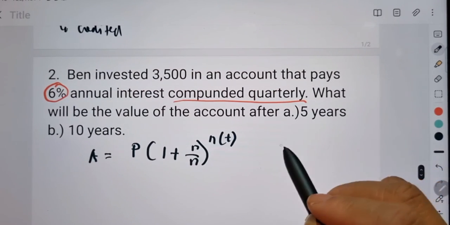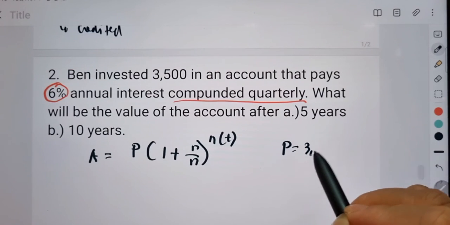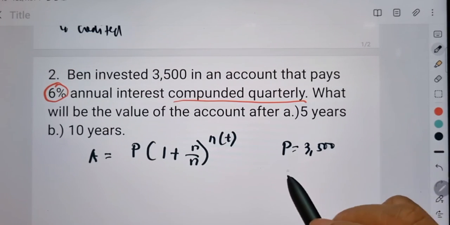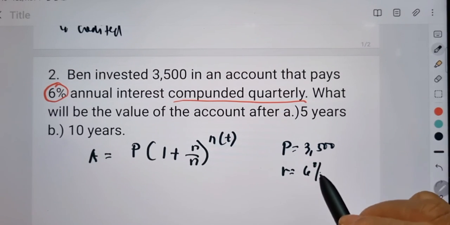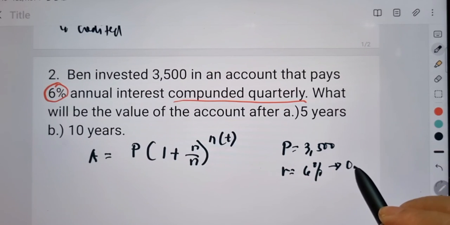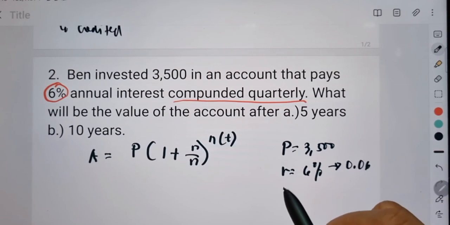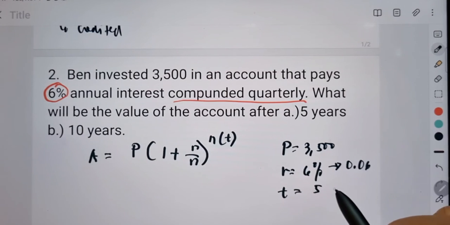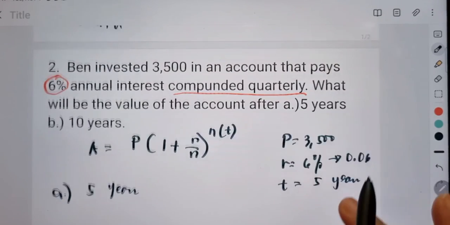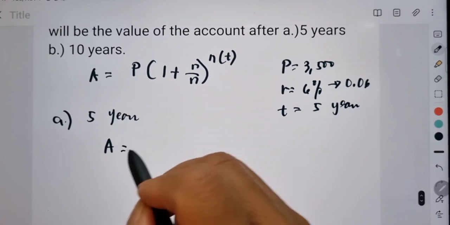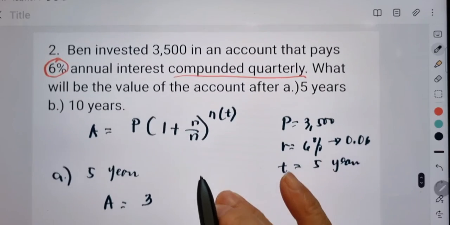So, ano mga given natin? Ang P natin is 3,500. A is the final amount not only the interest. R is the interest rate which is 6%, magiging 0.06. At yung time natin, this time gawin muna natin 5 years. Okay, so letter A muna ang gagawin natin. 5 years. So, A is equal to, the principal is 3,500